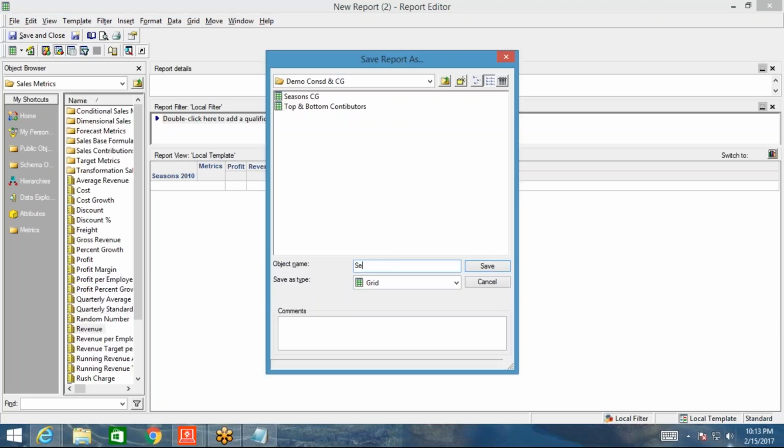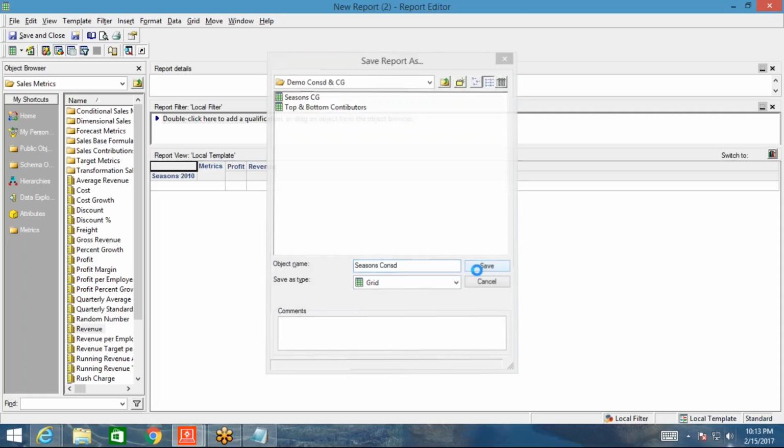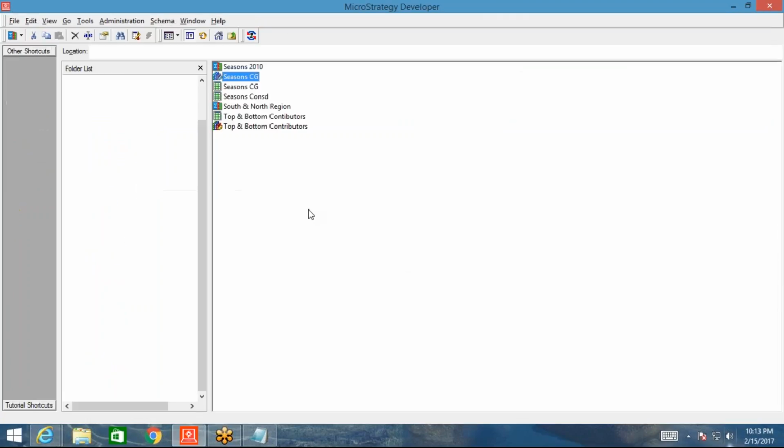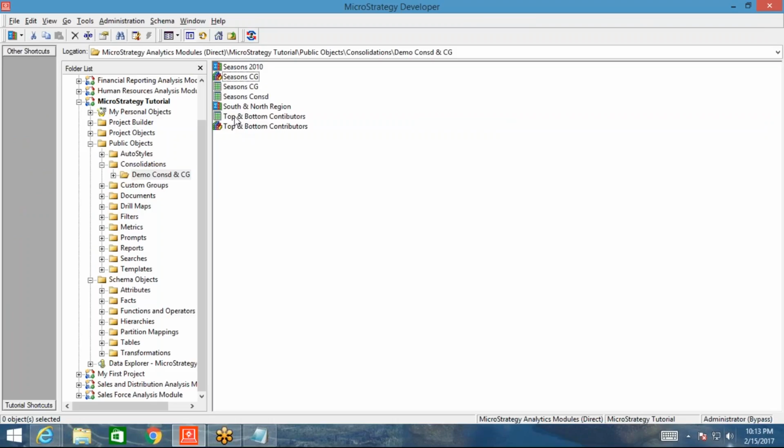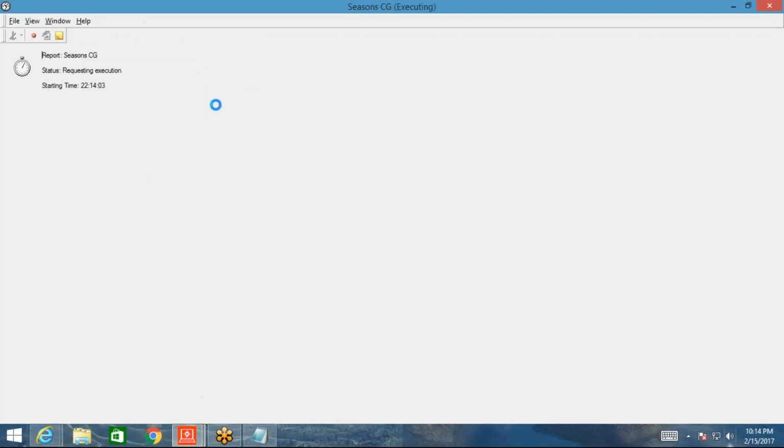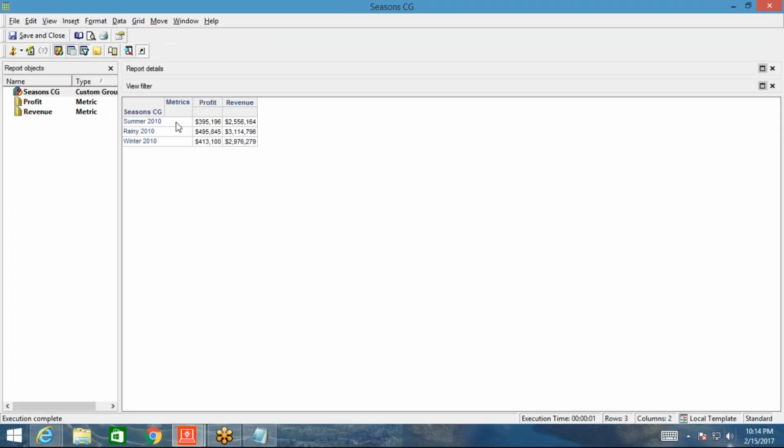This is also seasons, but I've created this with the consolidation editor. So whether you use the consolidation editor or the custom group editor, the values remain the same. Only the way you are creating it is different. So let's see that. I'm just running this report. For example, it's the custom group one, and then Summer 2010, you see